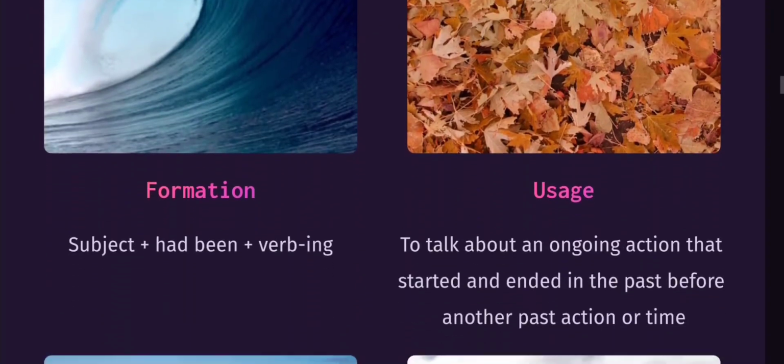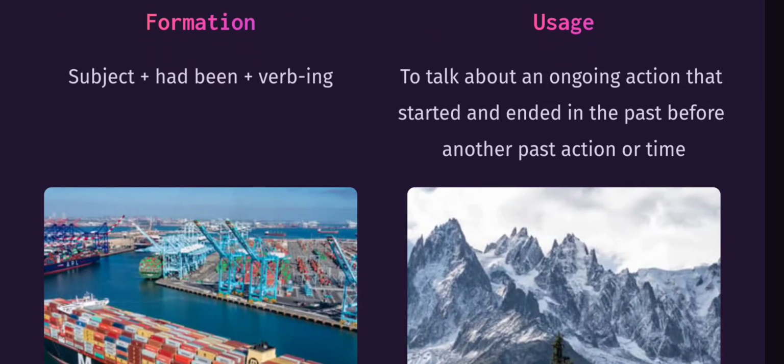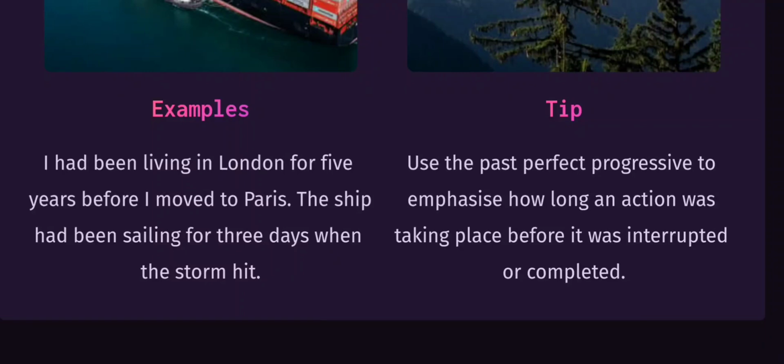Past perfect progressive formation. Subject plus had been plus verb plus ing. Usage. To talk about ongoing actions that started and ended in the past before another past action or time. Examples. I had been living in London for 5 years before I moved to Paris. The ship had been sailing for 3 days when the storm hit. Tip. Use the past perfect progressive to emphasize how long an action was taking place before it was interrupted or